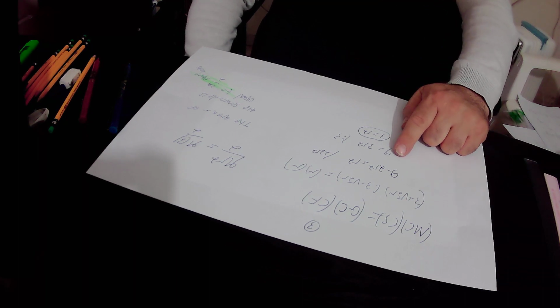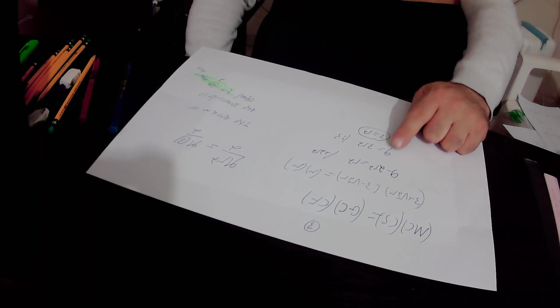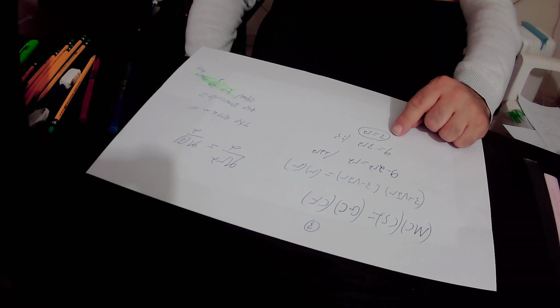So we found out that 9 minus 2R squared equals R squared. We added 2R squared to this equation and found out that 9 equals 2R squared plus R squared, which is 3R squared. We divided this equation by 3 and we got that R squared equals 9 over 3,